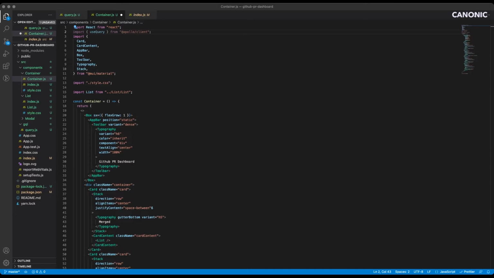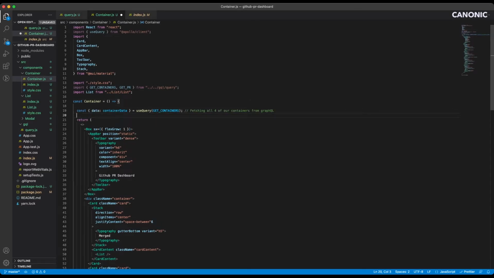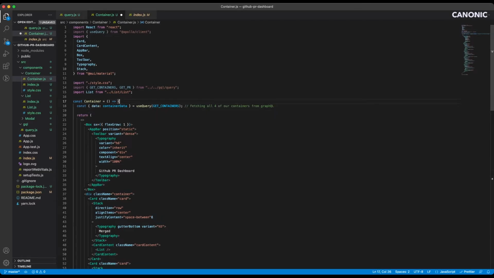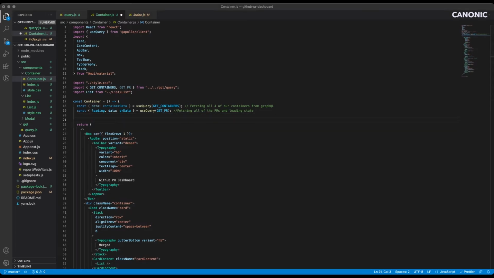We'll also import the queries that we defined. Once we do that, let's fetch all the containers. We'll be using the get containers query that we defined in our query.js file, and we'll also fetch all the PRs that we're going to get from GitHub's API.